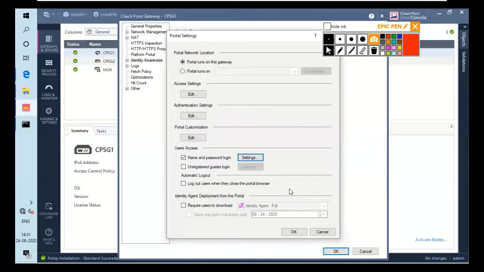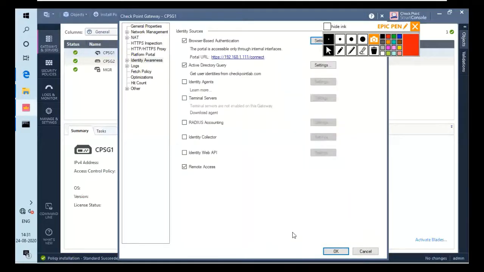That's all. There are many other options. You can just click it and explore it. You can actually create a guest login also, an unregistered guest login. There are many features. You have to basically explore it. I'm just giving you a demo to get started with the lab. There are many options in Check Point, and I don't think anyone covers all these things. I will click on OK. The next thing you have to do is click on OK, because we are done with this. So I will click here, OK.